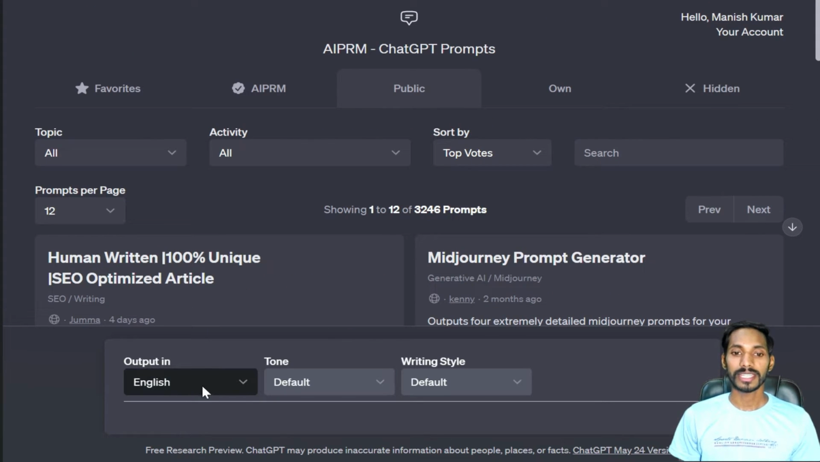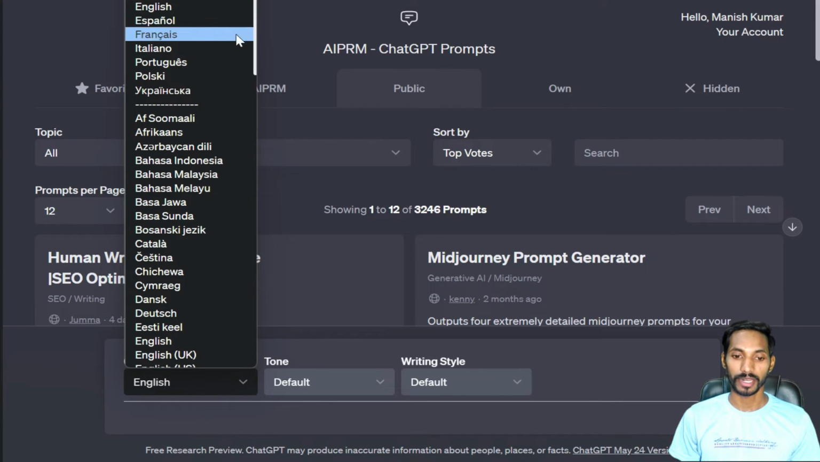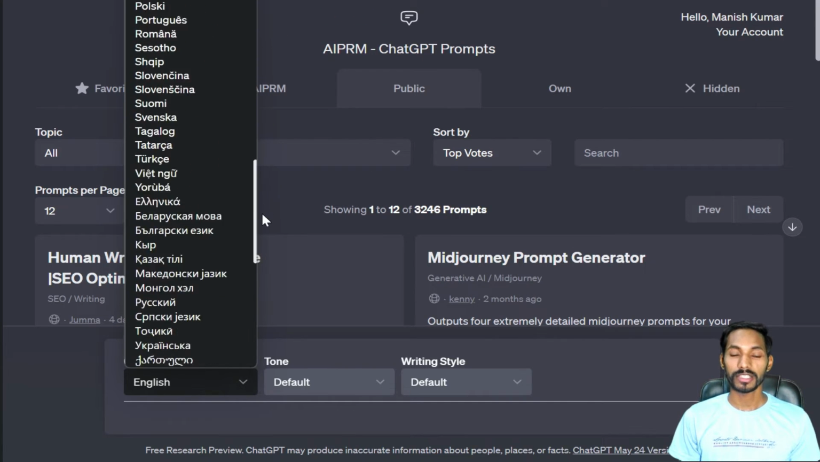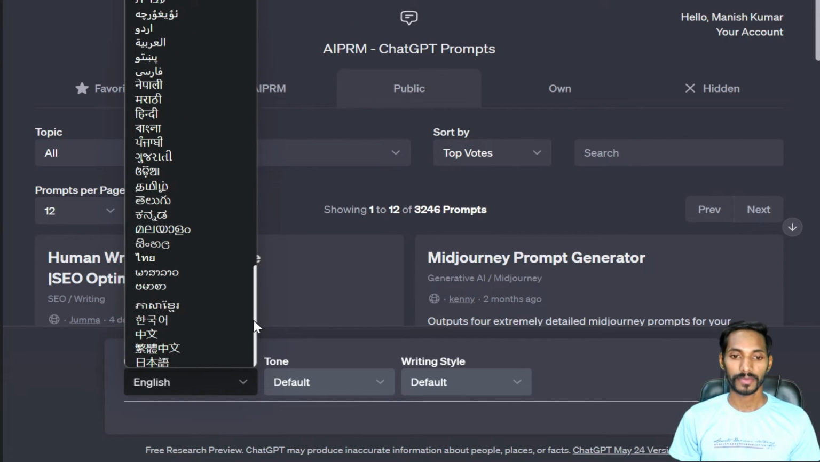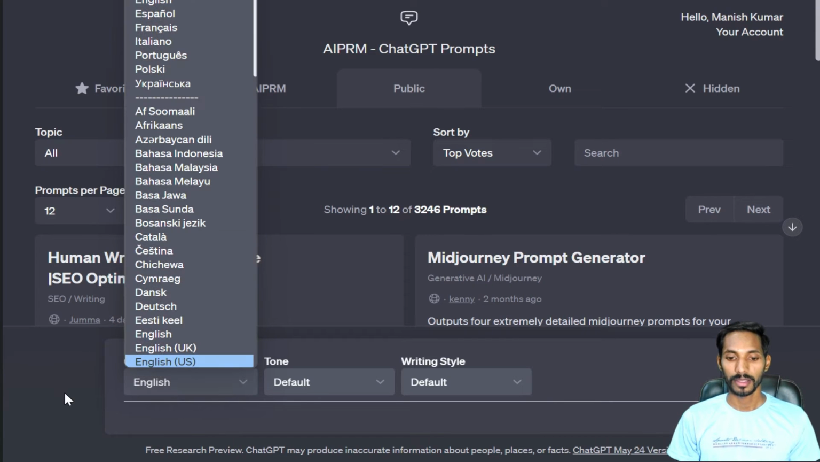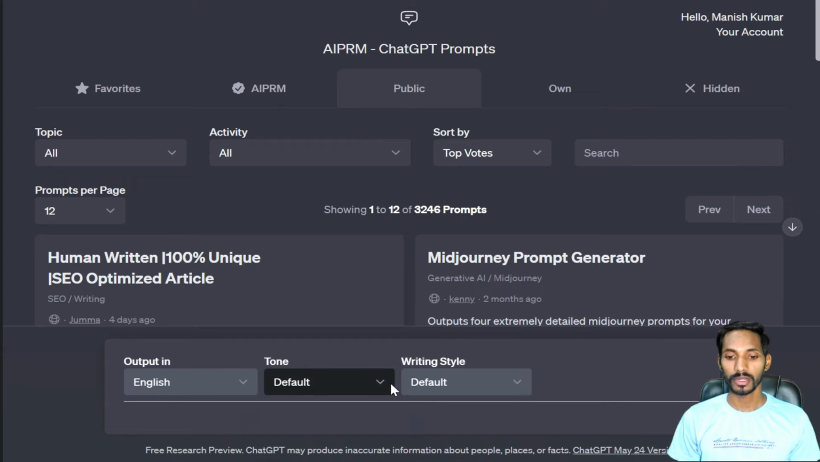So here you can select multiple languages as well. Okay, if you want to generate your content in different language you can select from here. So first I'll try to generate in English. Fine, so I'll set it as default, and here we can select as tone, and writing style you can select. So I'm just gonna leave this as default. Write a latest article on YouTube live. Fine,